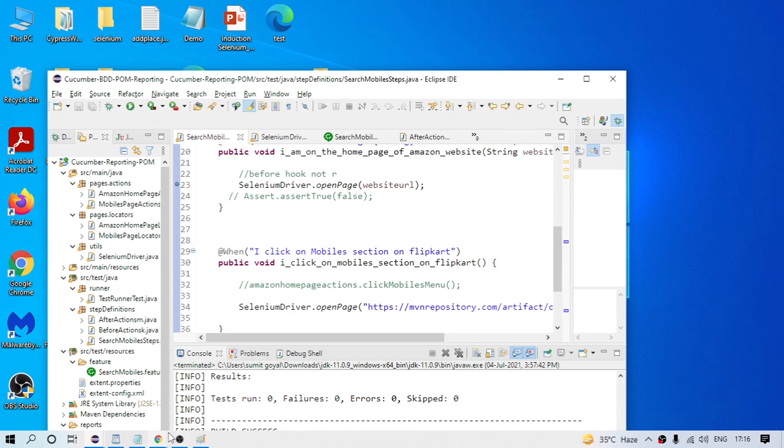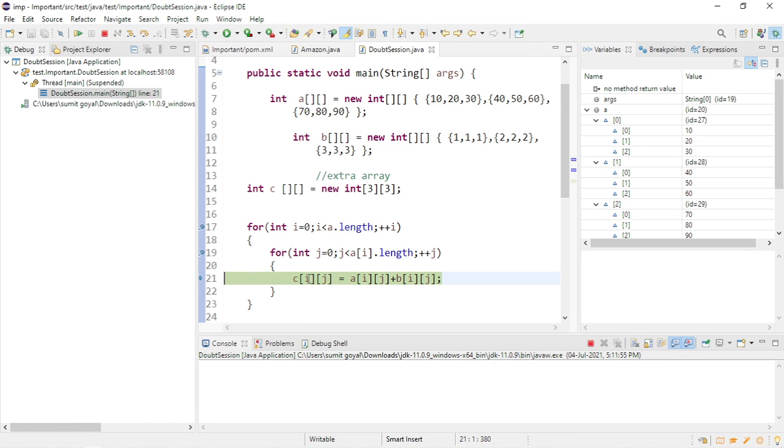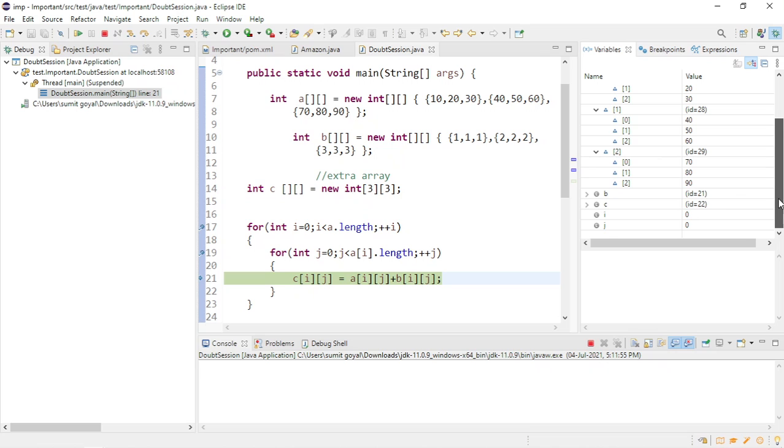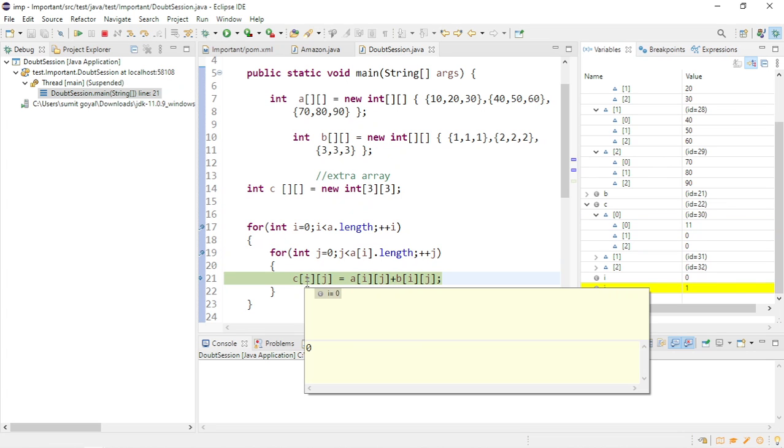So if you see this at 0, 0, as of now, if you open this, you will not find any value. It should be null value or 0. If I open this, 0 by default is present. But when I execute this, you will see 11 will be present here. So if I execute this, 11 should be present here. So 11 came. Now again, j value will become 1. So i will remain the same, i will remain the same. So j value will become 1.